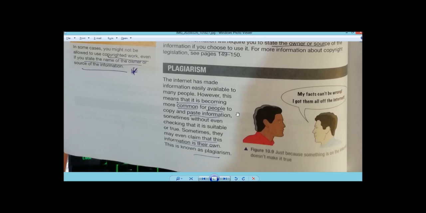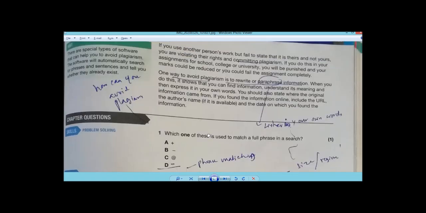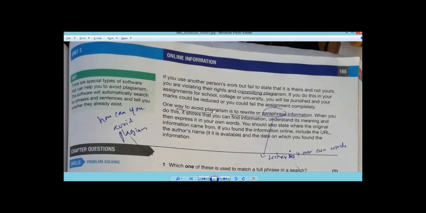So what are the ways of avoiding plagiarism? One is you can give credit to the extract that you take. You can mention that this is taken from this particular source, this particular website. You can see that most of the time in images they put the source of the image. Then you can write it in your own words. That's the easiest way. It is also called paraphrasing, writing in your own words. To avoid plagiarism, you can rewrite or paraphrase information,